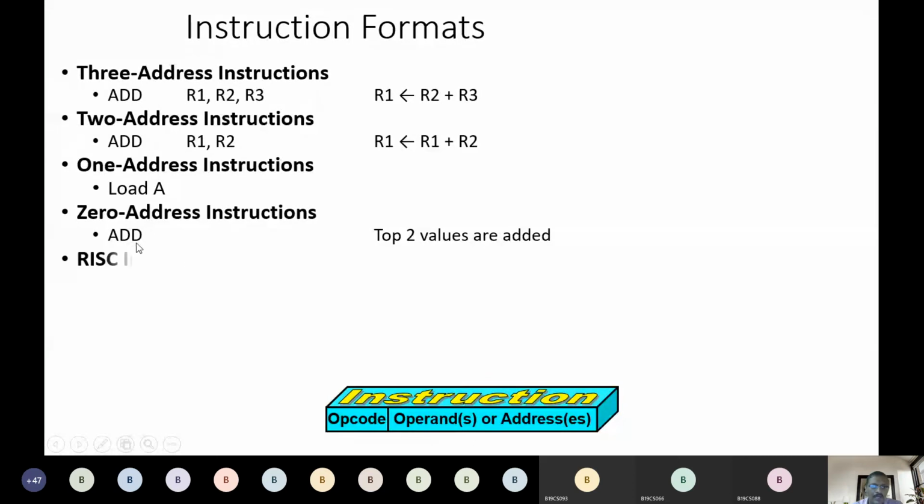When we say add, it adds the top 2 values of the stack. We go on pushing the values, first 5, next 6, next 7, next 2, next 1. So when we say add, the top 2 values, 2 and 1, are added.